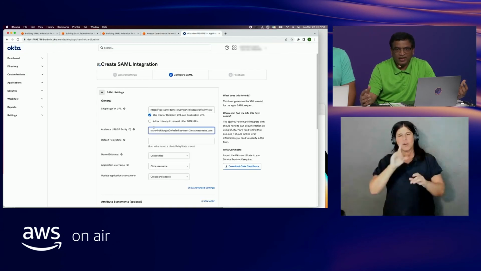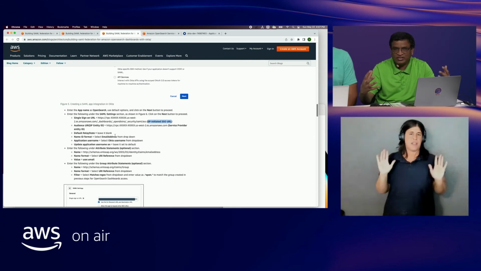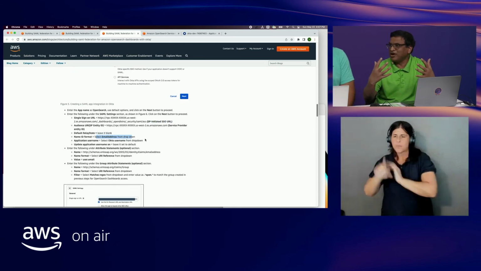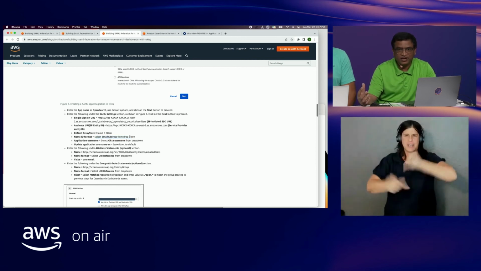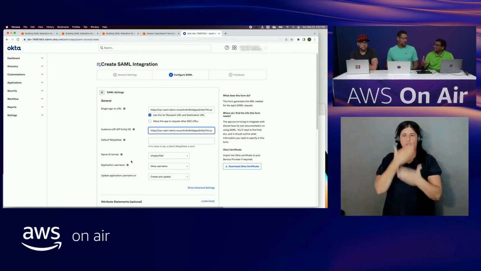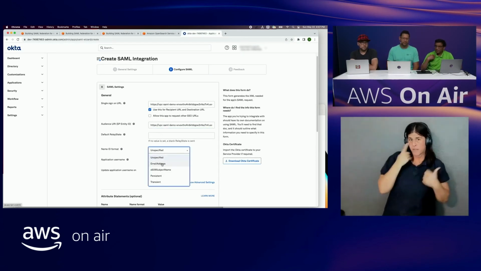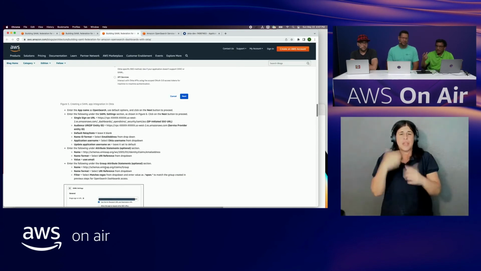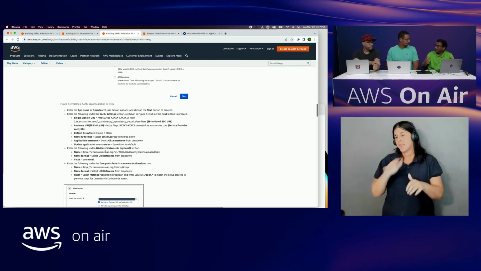And next, we have to configure some attributes to make sure that they both handshake with each other. They both means Okta and Amazon OpenSearch. That's why we're using the email address, because it's looking for that. Okta authentication is email address. That is the reason we are mapping email address. As soon as the user enters their Okta email address and password, they should be able to get in.